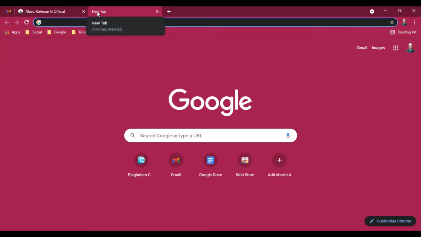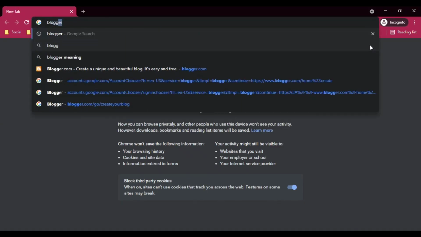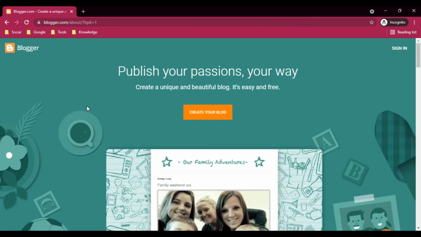First of all, what you have to do is visit blogger.com. First go on Google and just type blogger, and after that you will get the first result, blogger.com. Just click on it and then you will get the website blogger.com. There you will see "Create your blog." Just click on "Create your blog,"